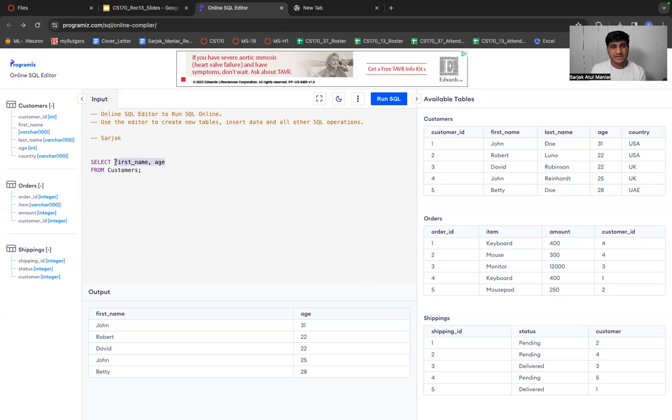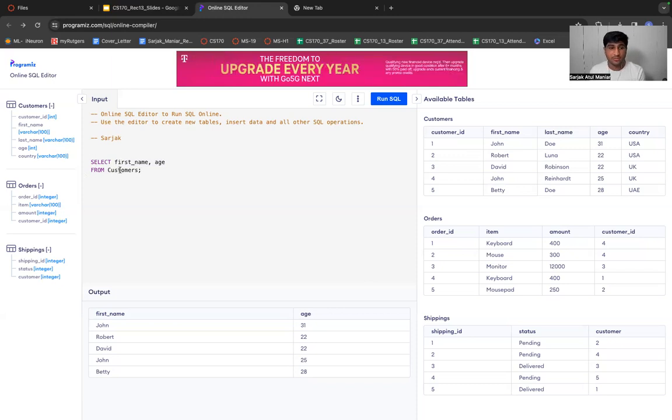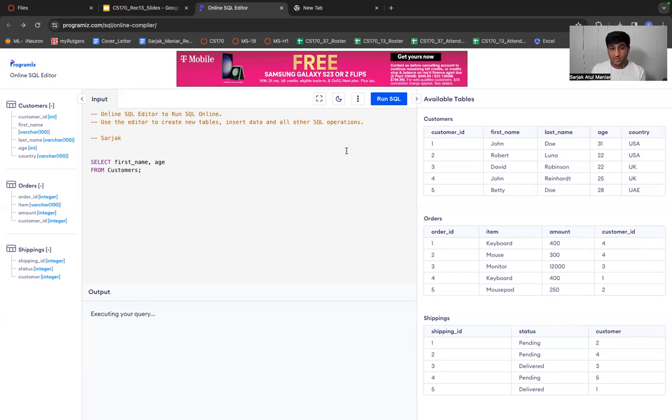This simply means, hey, just grab me the following columns, which I'm writing after the keyword SELECT. Whatever comes after the keyword FROM is usually your table name, right? So here our table name is customers. So select first name, comma, age from customers. And now if I simply run this over here, if you click on this blue button, it will execute this query and it will give the following output, right?